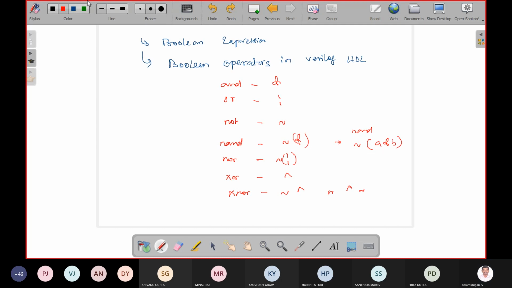Then in data flow modeling you have to use assign as a keyword. All of these are lowercase. The assign keyword is used for the concurrent assign statement.